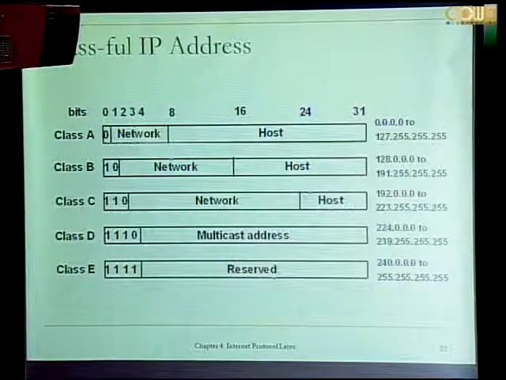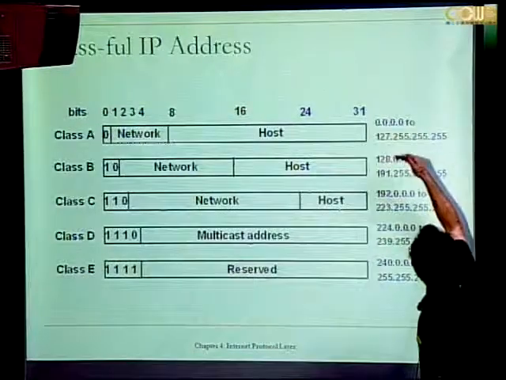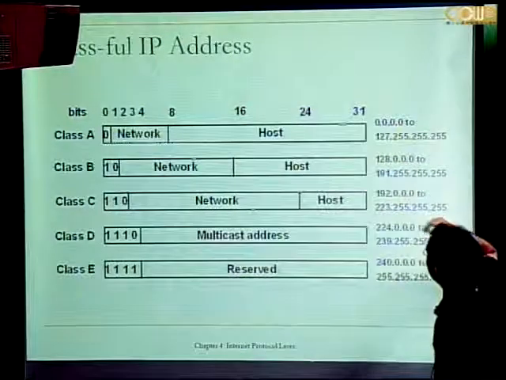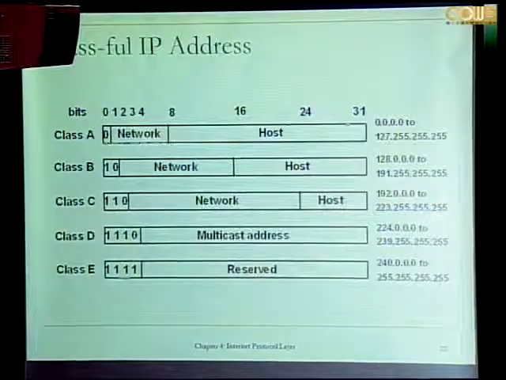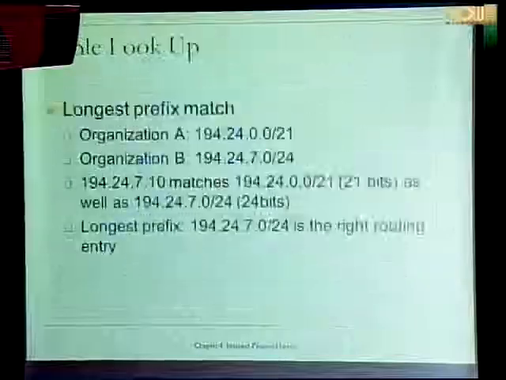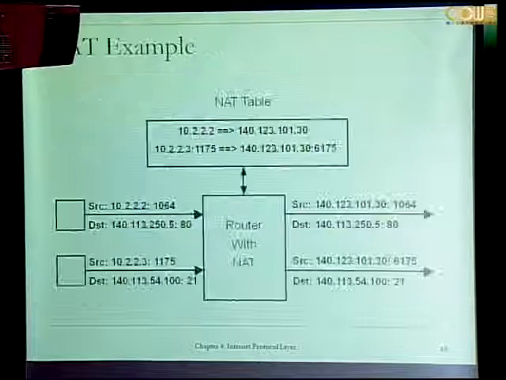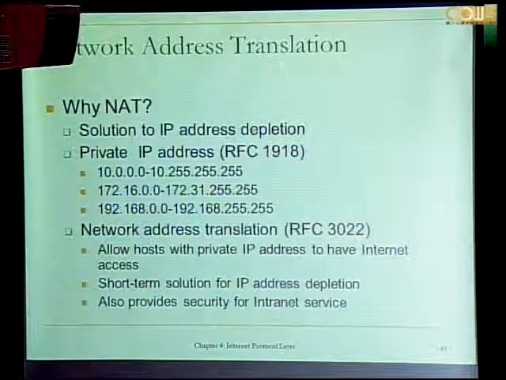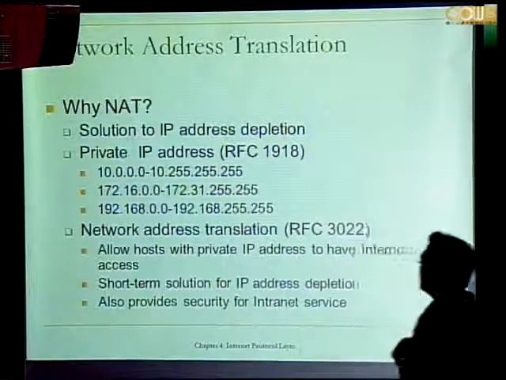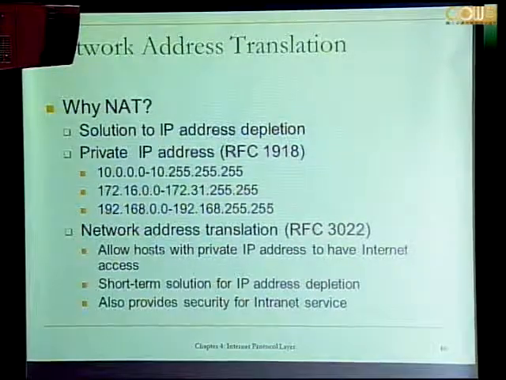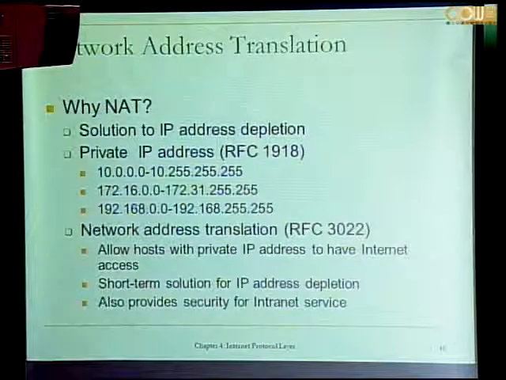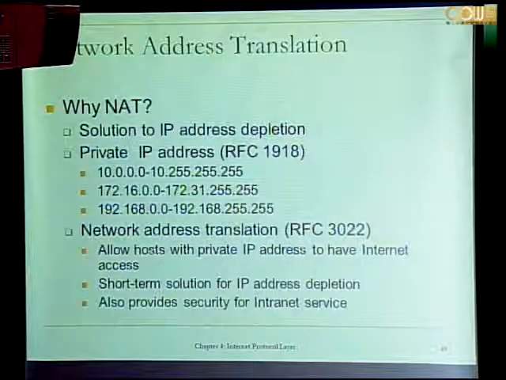The first segment is in Class A, the second segment is Class B, and the third segment is Class C. So these 3 segments fall in Class A, B, and C respectively. Okay, and these 3 segments are reserved for private IP addresses, and they would not be used on the public